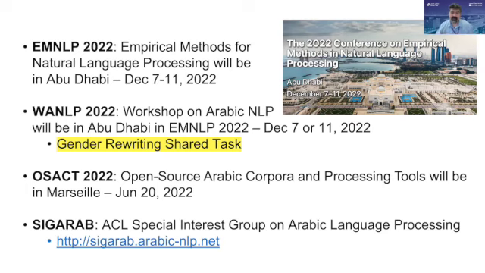We are actually running a gender rewriting shared task, a competition. There will be 5,000 new sentences that we're commissioning their gender ID and translation, and they will be made public to the community with all of the data that we have to see who can actually do better in this space, to encourage more research on it. There are also other workshops that are connected with this and also through the year.